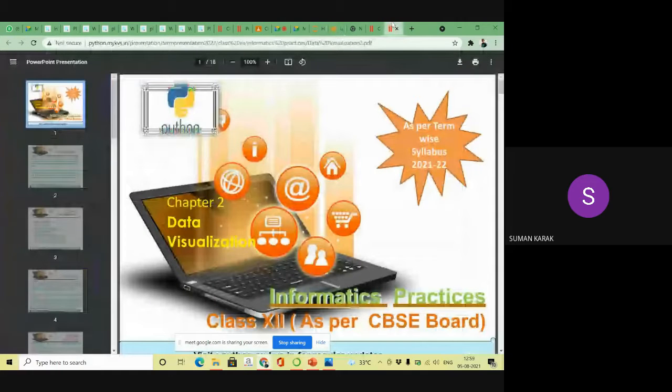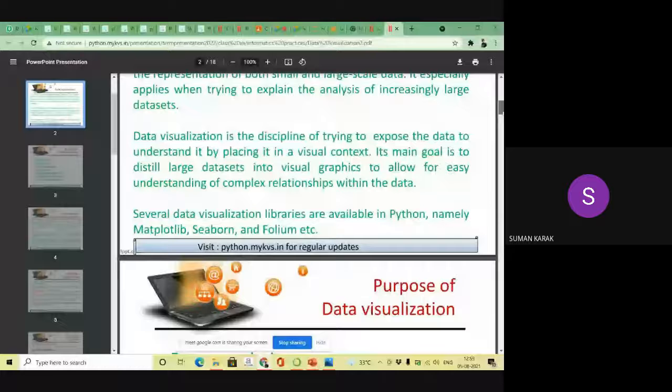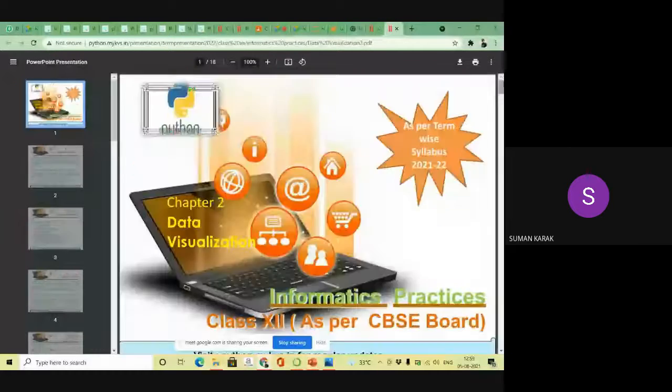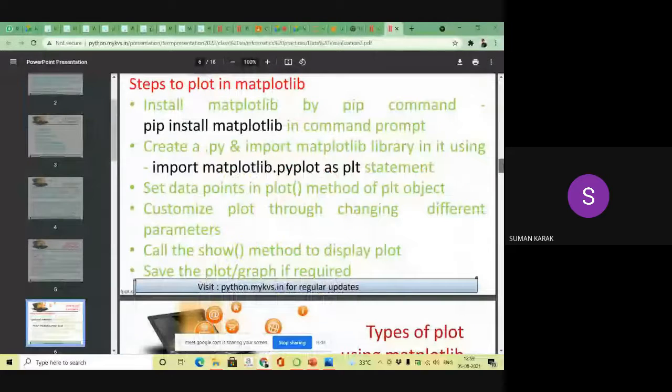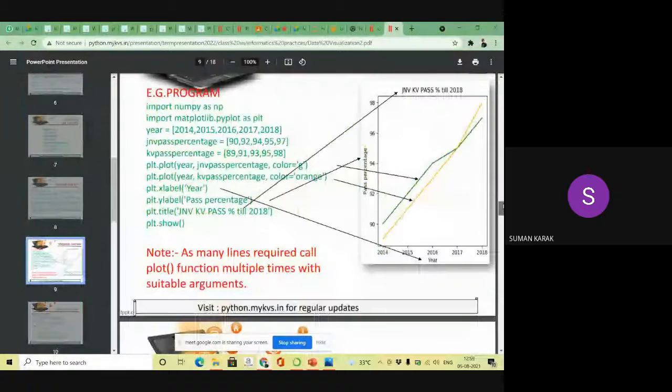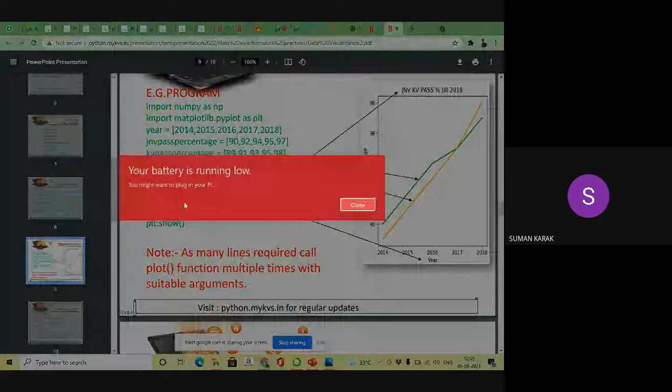If you provide the name, then plt.ylabel and plt.xlabel. You can see the plt.xlabel and plt.ylabel.